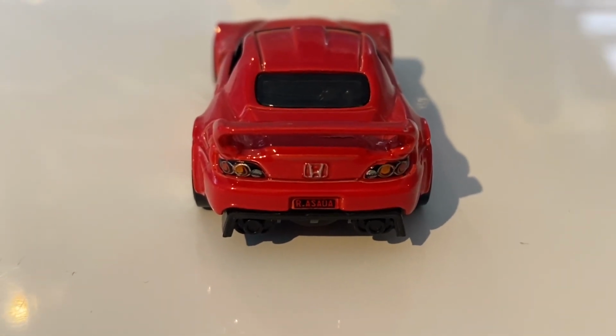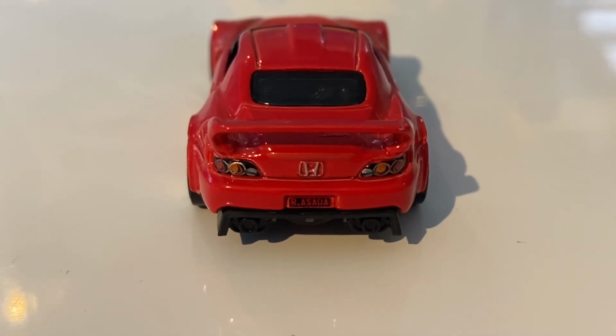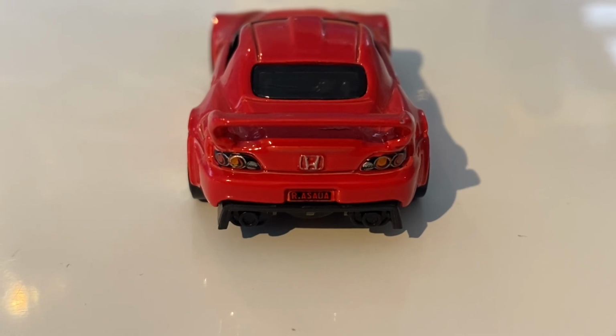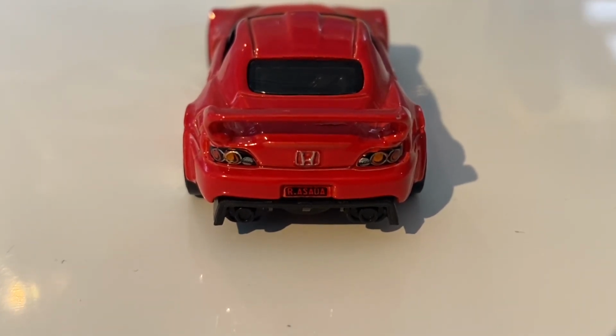So we do have the rear lights which have been tampoed in realistic looking detail. And we also have the Honda badge returning. This is quite a large Honda badge to be entirely honest. Not exactly accurate to the real life model, but hey, it kind of does look cool. And obviously that's done in silver tampo. You can also see there is a Ryu Sada tribute plate which is done in black as well on this